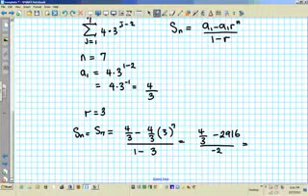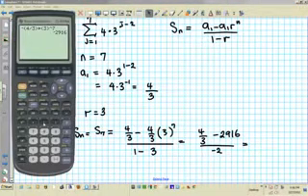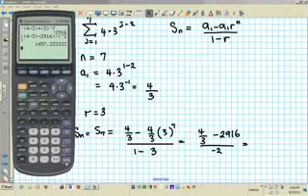Okay, let's plug this into the calculator and see what it gives us. We're going to go parenthesis 4 divided by 3, close that, minus 2916, and then we close the numerator, divided by negative 2, close the denominator. You notice how I grouped the parentheses on the top here. Enter, and your final answer is